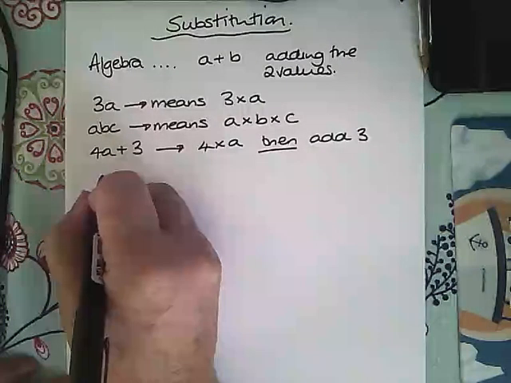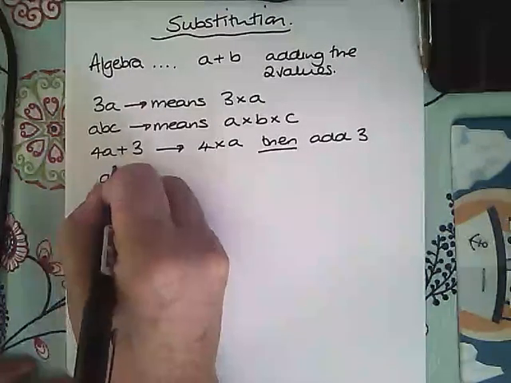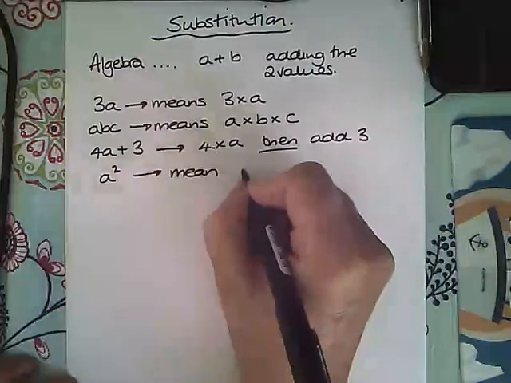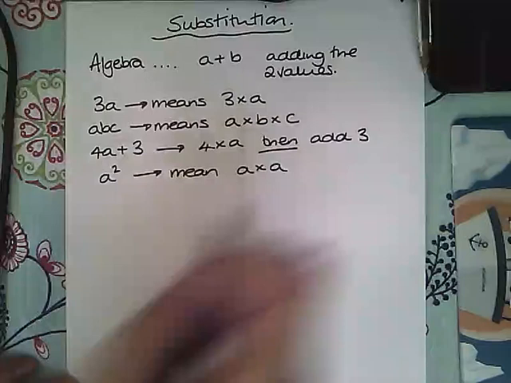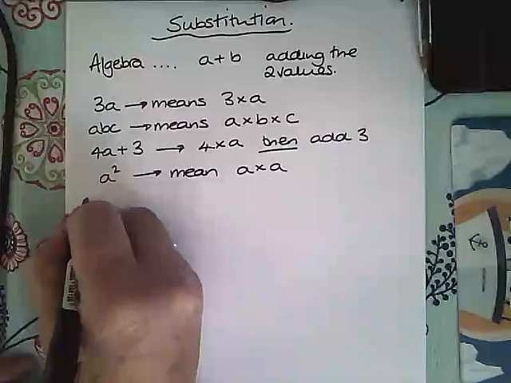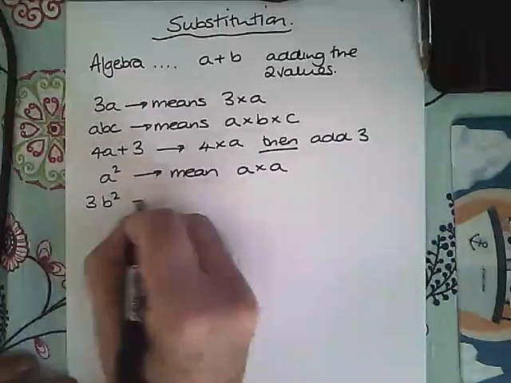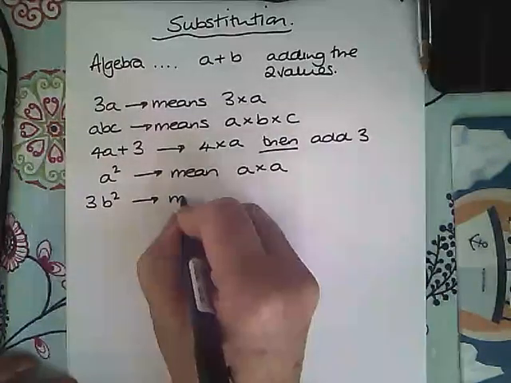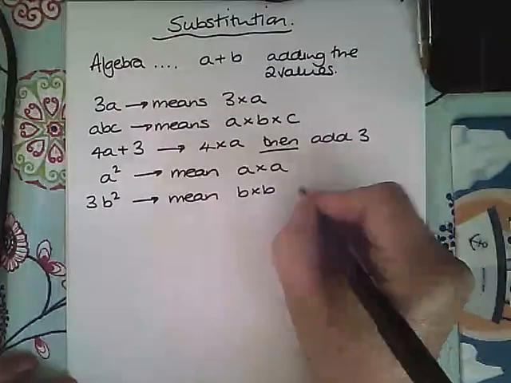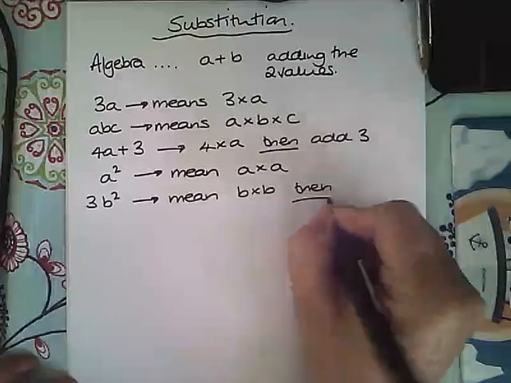And if we were squaring something, so if we had a squared, that would mean a times a. We are timesing it by itself. You just have to be a little bit careful if you have more than one lot of something squared. So if you had 3b squared, that would mean you needed to do b times b and then times it